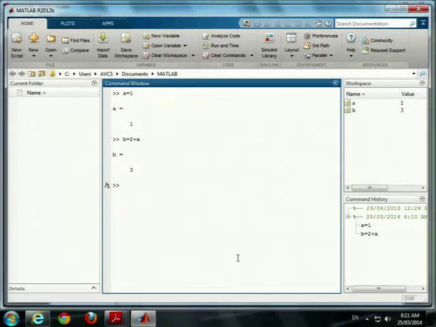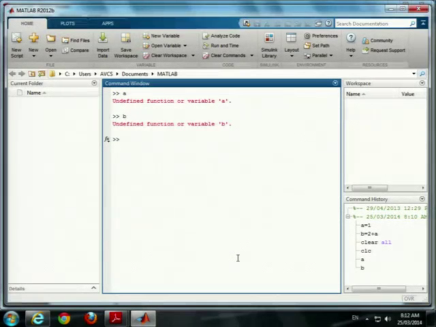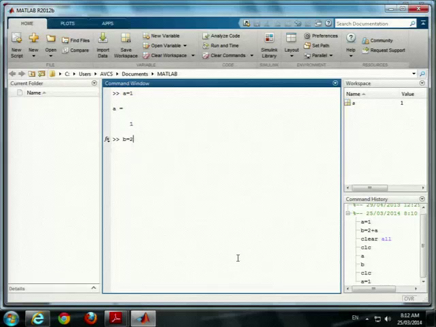Okay, so now I accidentally typed in clear all. Okay, and the CLC means clear everything. Clear all means clear all data. So then you deleted A and B. Okay, so now I'm telling you, when you create this data, okay,